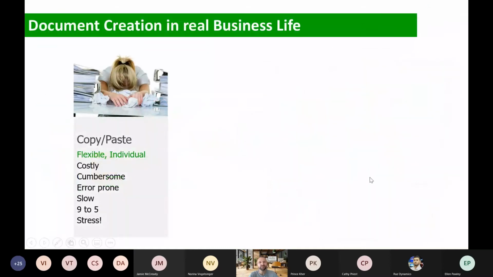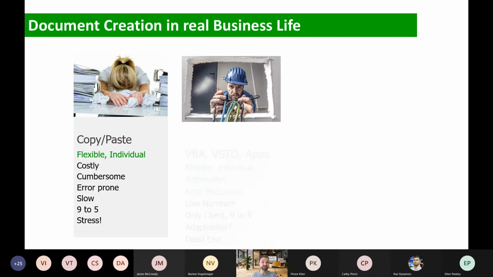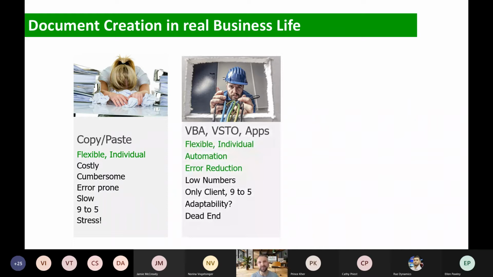Right. So how do we see document creation in real business life? You probably know this from a lot of your organizations as well. In many cases, one of our biggest competitors, I'd say, is copy-pasting. So we take the V703 and just copy-paste, taking the old errors along. It takes a lot of time and is individual, but still not ideal in an actual business process, especially if you talk about the collaborative aspect. If you have the VBA macro expert in your organization, great, for those that still have him.